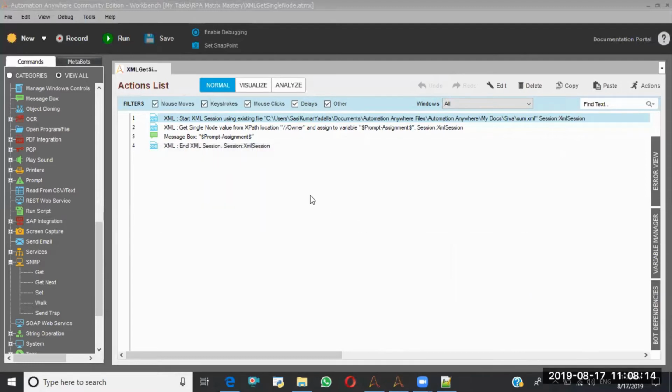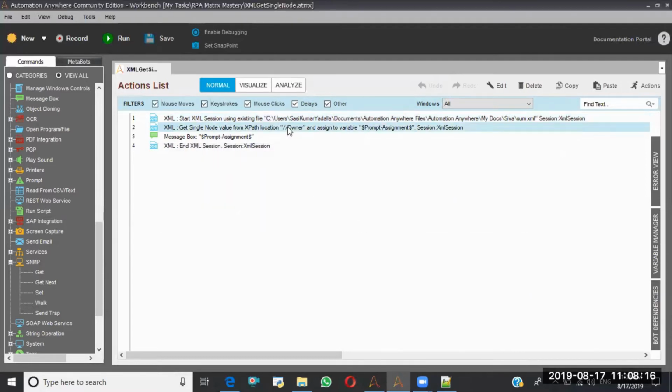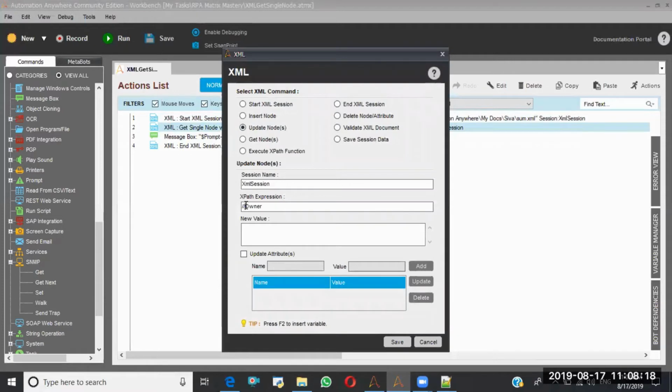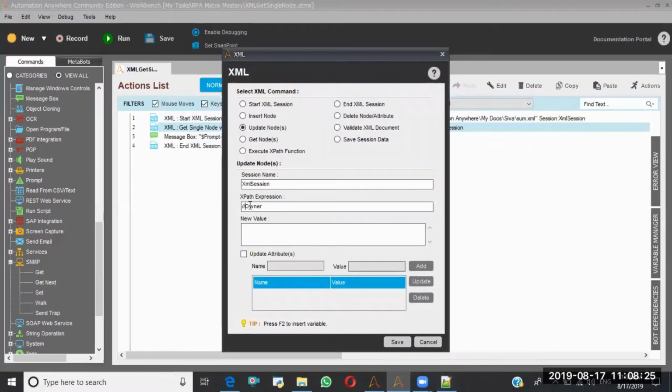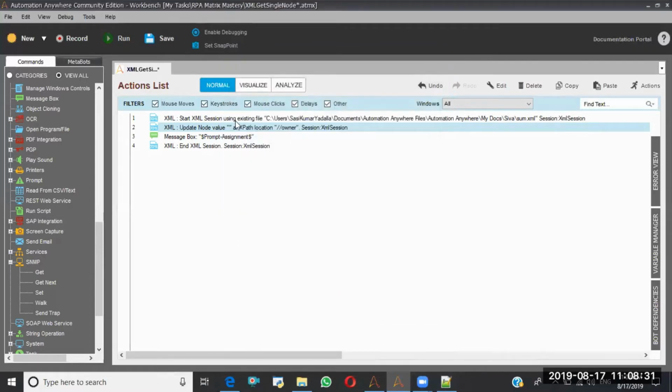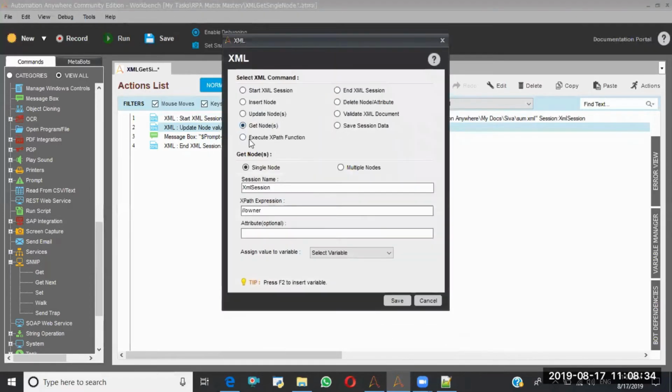Okay, I think it needs a lowercase o. So I need to take the Get Node. Yeah, correct.